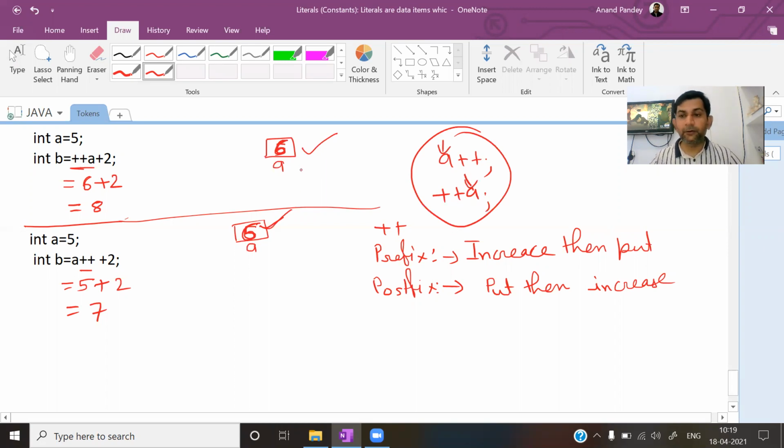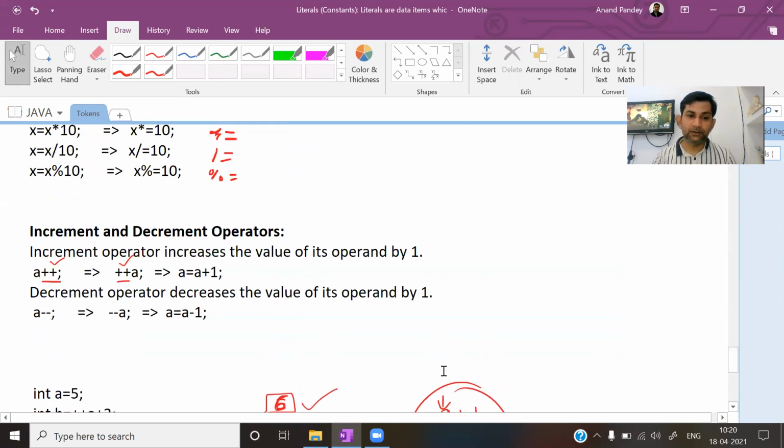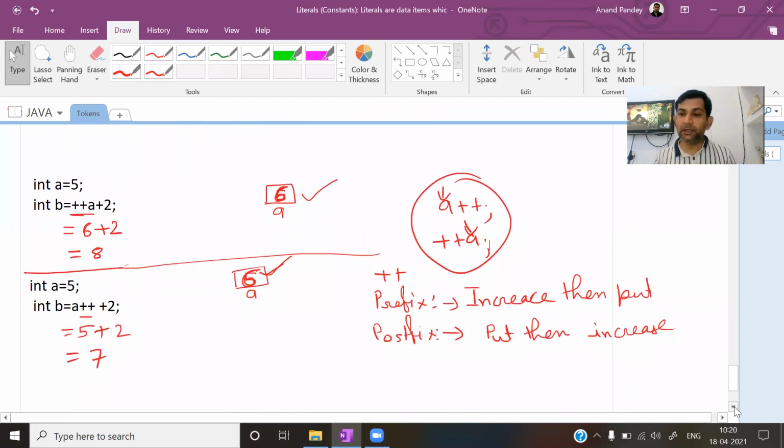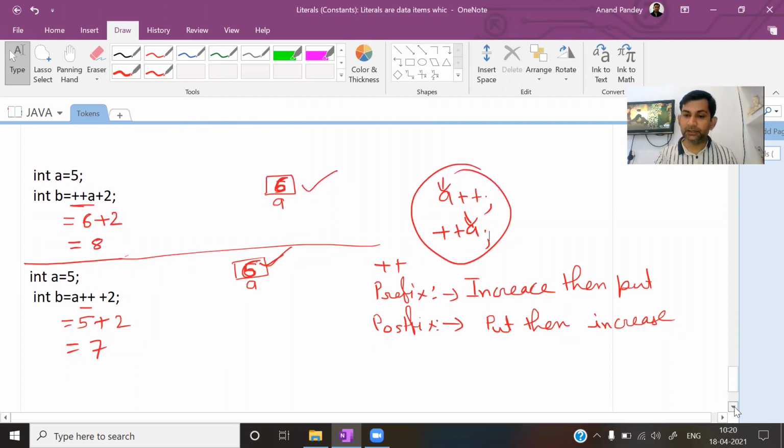वो अपने ऑपरेंड की वैल्यू को बढ़ाएगा, चाहे प्लस प्लस ए लिखो चाहे ए प्लस प्लस लिखो. लेकिन अब डिफरेंस ये आता है कि पहले बढ़ाएगा कि बाद में बढ़ाएगा, वैल्यू बढ़नी है. So it will increase whether it is before or afterwards. So this statement is correct. Increment operator increases the value of its operand by 1 whether you are writing as a prefix or you're using postfix. दोनों केस में ऑपरेंड की वैल्यू 1 से इंक्रीज हो रही है. You can see in the example also. But difference is what? इंक्रीमेंट तो होना ही होना है, बट पहले या बाद में, बस ये डिफरेंस आता है. So I hope it is clear to all.